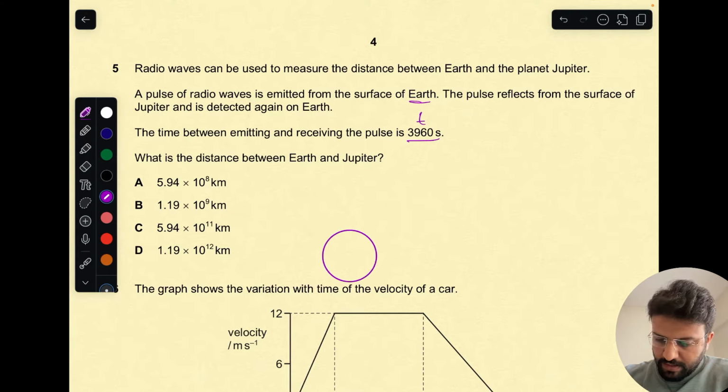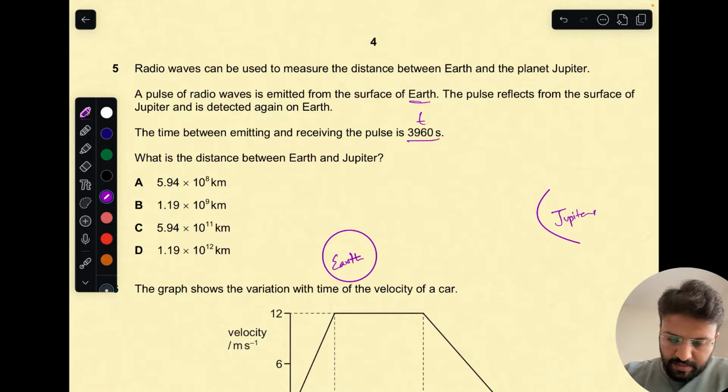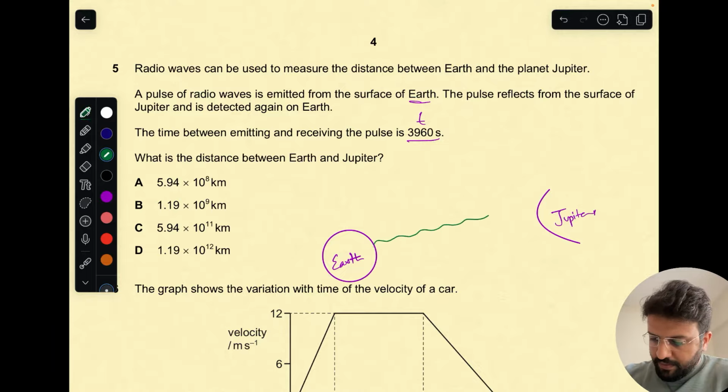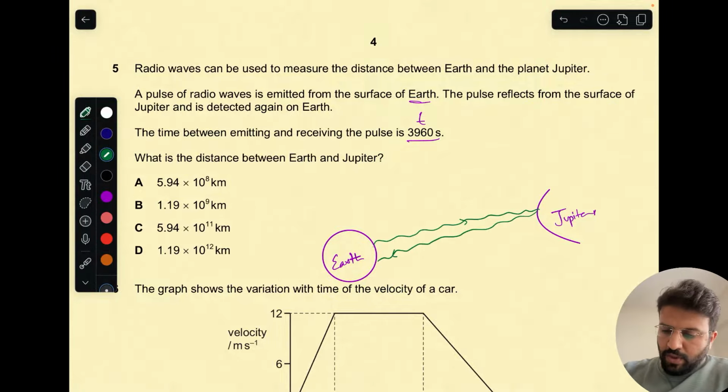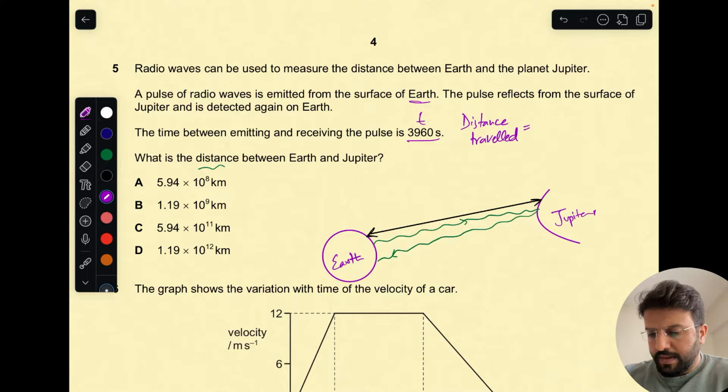Let's suppose this is Earth and there is somewhere Jupiter. The electromagnetic wave is going there and it's coming back. Okay, total time duration is given. You have to find the one-way distance. Okay, so what we have to do, we know distance traveled by the wave is speed